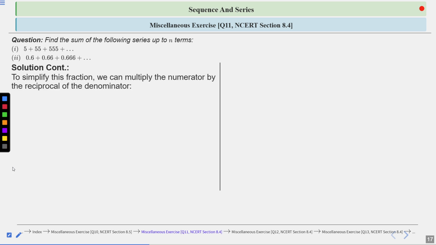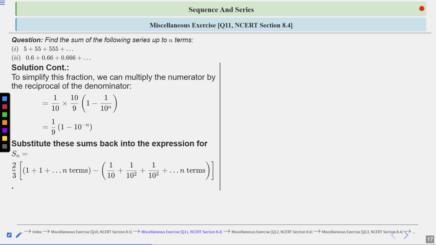To simplify this fraction, we can multiply the numerator by the reciprocal of the denominator, right? So it will be equal to 1 by 10 into 10 by 9 into 1 minus 1 by 10 to the power 9, right? Which will be equal to 1 by 9 into 1 minus 10 to the power minus n, right? Substitute these sums back into the expression for Sn, and it will be equal to 2 by 3,